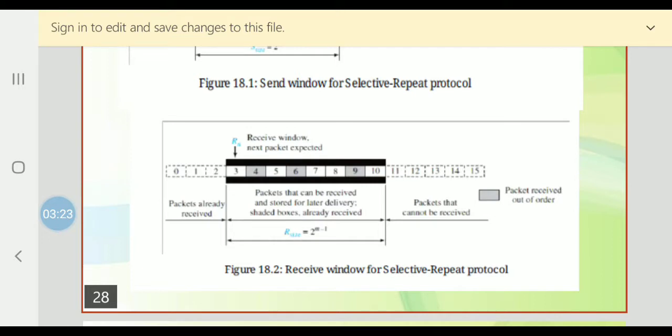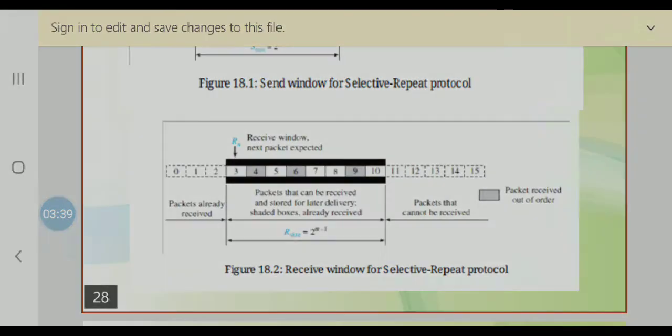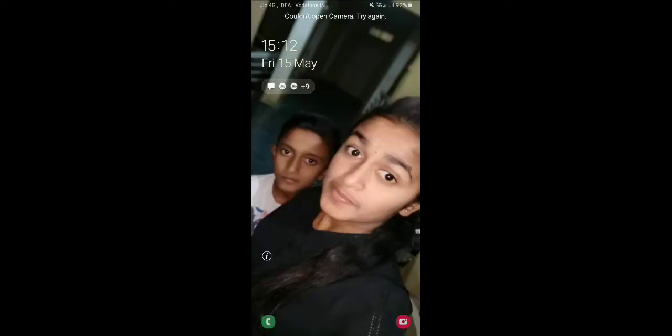In a reliable protocol, the receiver never delivers packets out of order to the application layer. Slots inside the window that are shaded define packets that have arrived out of order and are waiting for the earlier transmitted packet to arrive before delivery to the application layer. So next we'll see about the